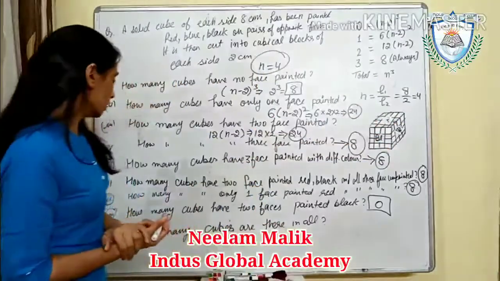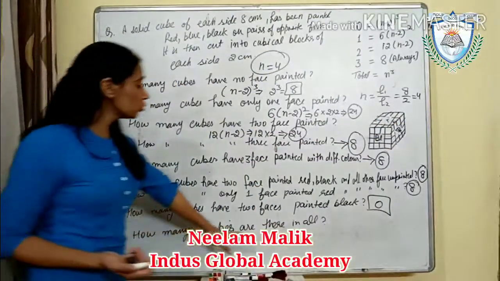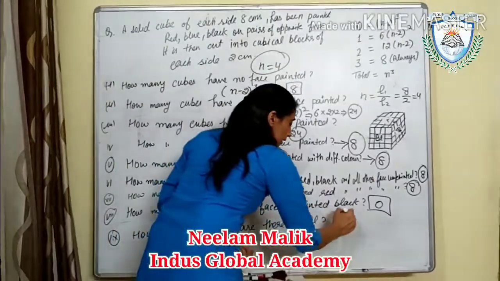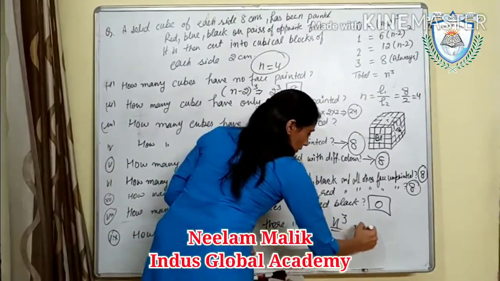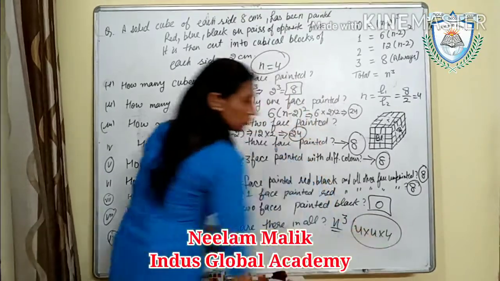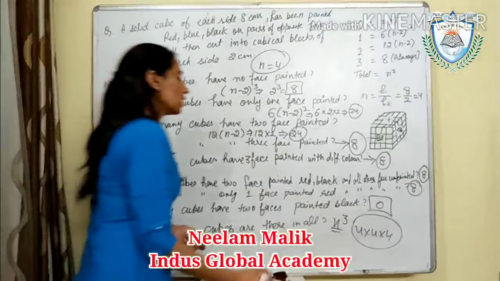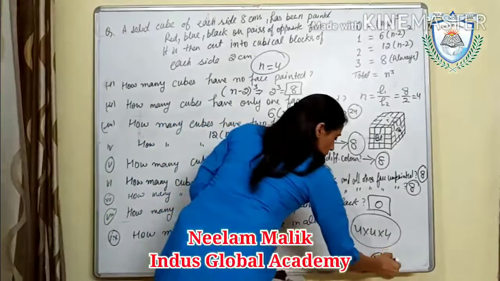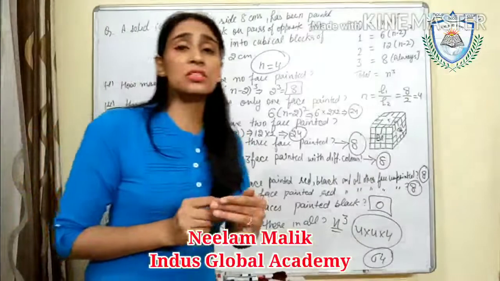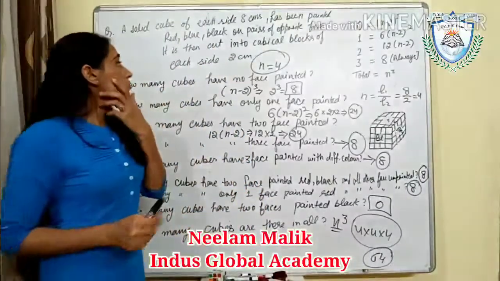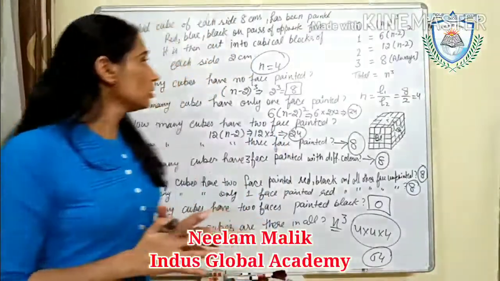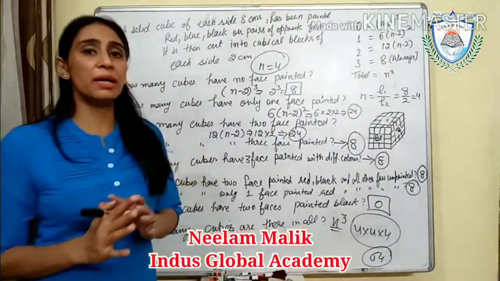Now how many cubes are there in total? That will be n cubed. What is our n? 4. So 4 into 4 into 4. 4 fours are 16, 16 fours are 64. So total cubes will be 64. I hope you understand. You have to do similar problems and also different problems. Don't get confused. Use some imagination and use